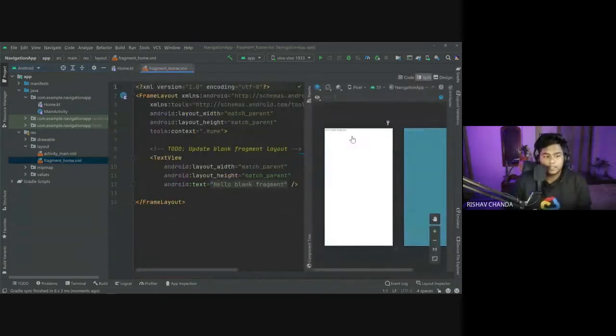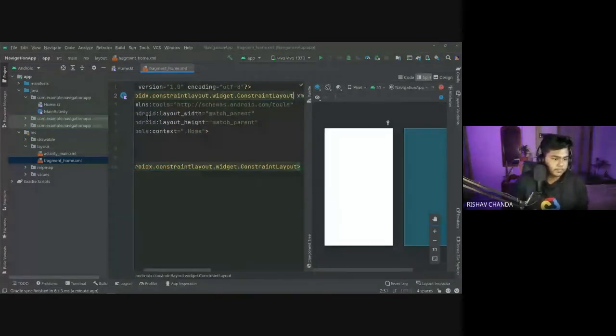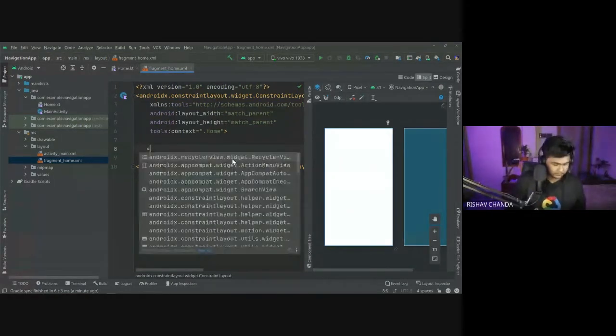Now you can see this is the part of a screen itself. First of all there is a frame layout, and inside that there is a text view. So I will remove this one first, and I will change this frame layout to constraint layout. So now you can use things with constraint inside this one. What I thought is I would be adding two buttons in this fragment through which you can navigate to other pages, means to other fragments. So to add two buttons, first I will write here button.